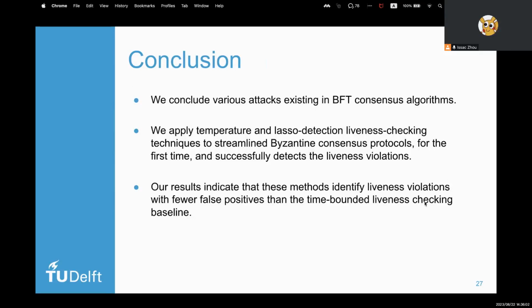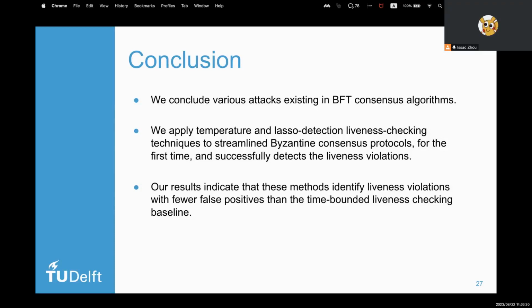So we can conclude our thesis by answering the three research questions we asked. We dive into BFT protocols and analyze their susceptibility to safety or liveness violations. We believe that our findings have already covered most of the Byzantine behaviors.